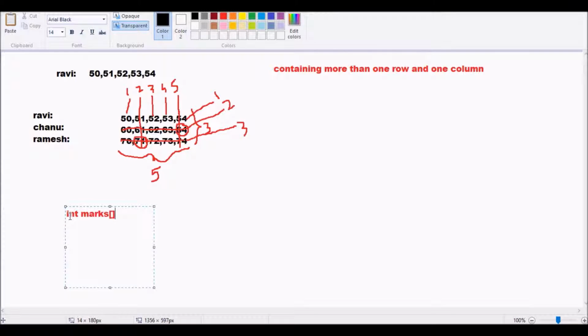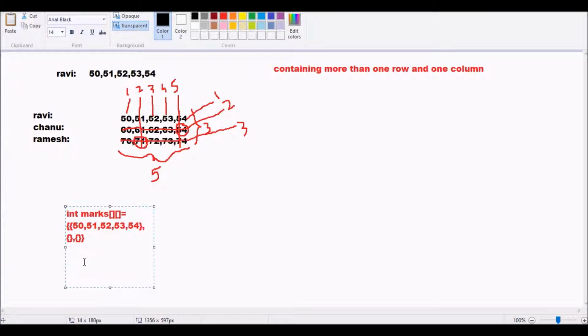We will use two square braces. Why are we using these two square braces? Let us see. We will use curly braces, and within that we want to create 3 rows. That's why within the main curly braces we are using 3 sub curly braces. The first row contains 50, 51, 52, 53, 54.